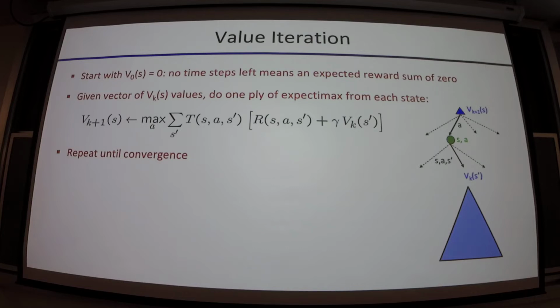Let's look at the equation. We have to consider all the A's, right? So if the set of A's is capital A, then we have the cardinality of A as one factor. We have to consider all the possible landing points for every one of those. In the worst case, every possible A will transition to every other possible state.